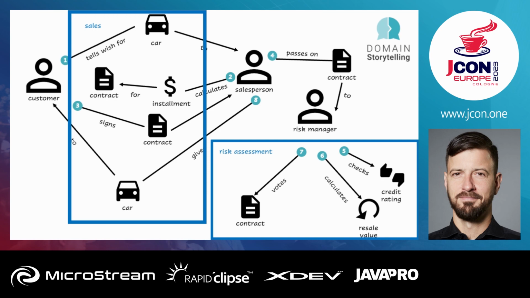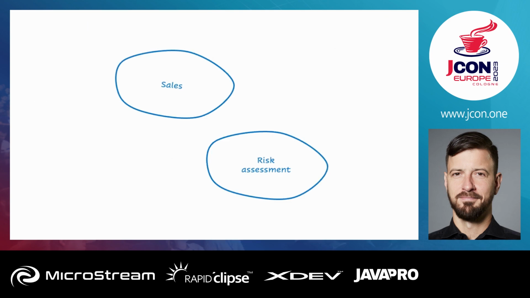So we want to find out where the boundaries in our domain are, and that should help us with designing our software systems. We want to take these boundaries and draw them into the monolith as well. Okay? That's this idea of building the to-be architecture. So then we end up with a context map here. So sales and risk assessment, these contexts, we take them out of the domain story, or usually the domain stories that we have. And this context map, that's our goal architecture. That's where we want to go. And here we have only 2 modules. In a real project, we typically have more than that,